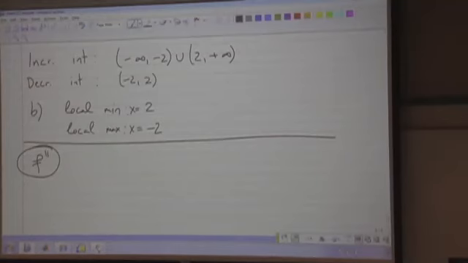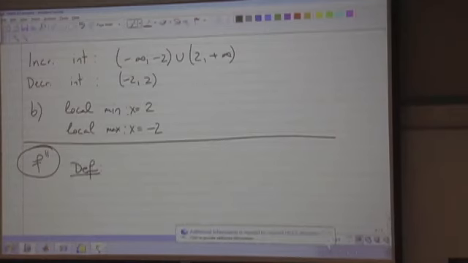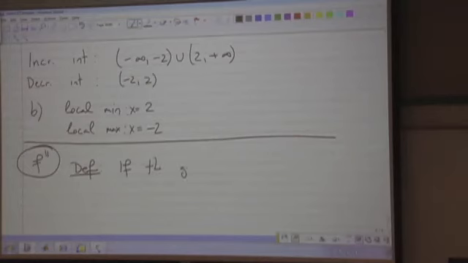As it turns out, that's when we're actually going to start finding out about inflection points. I'll give you the definition first, then I'll draw you a graph to show what we're actually talking about. If the graph